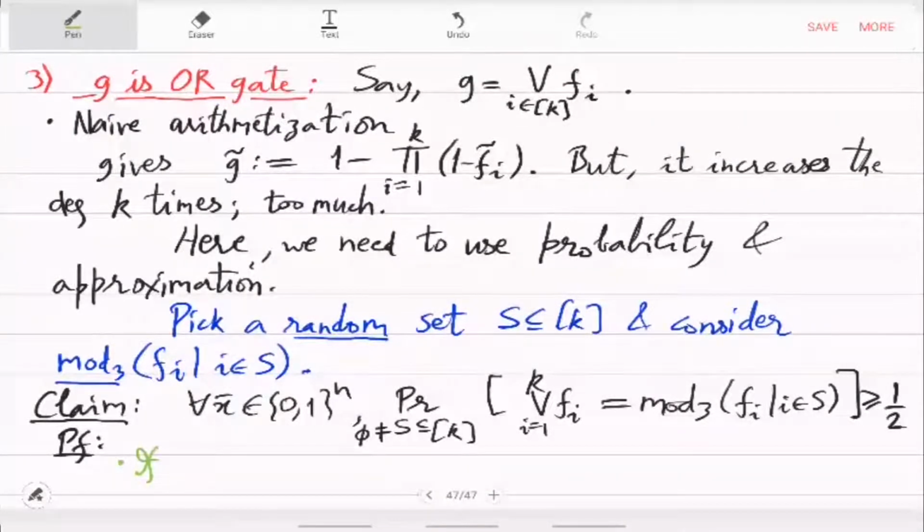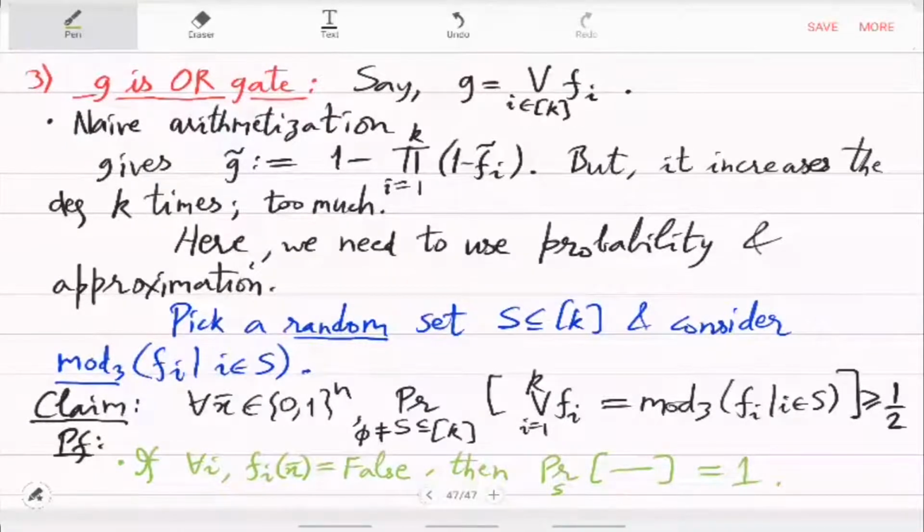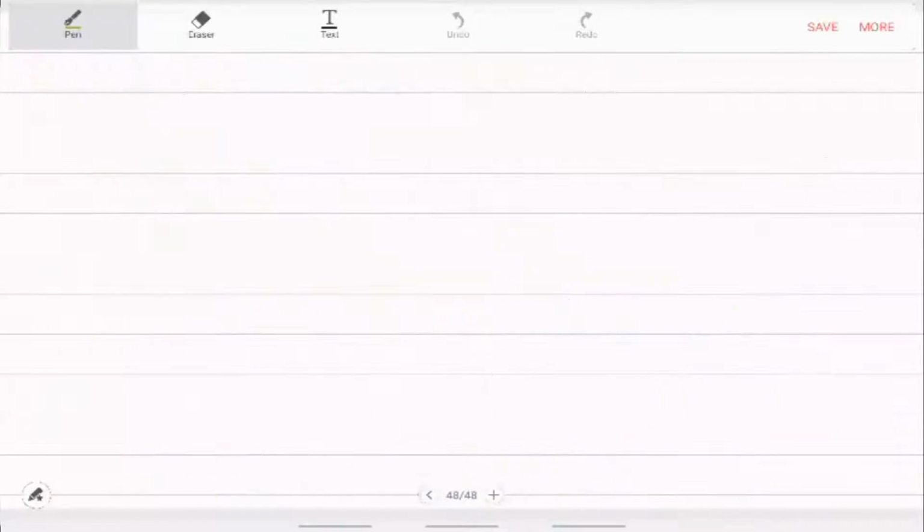If for all i, fi of x bar is false, all the fi's are false, then this happens with probability 1. So this is an easy case, right? When all the fi's are false, then clearly OR matches the mod 3 function. Otherwise,